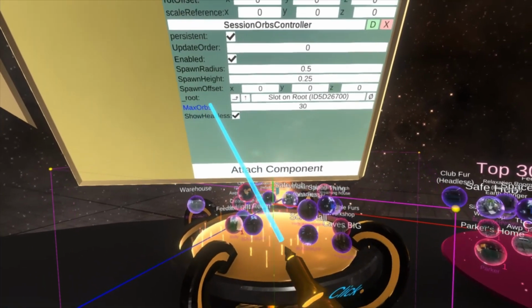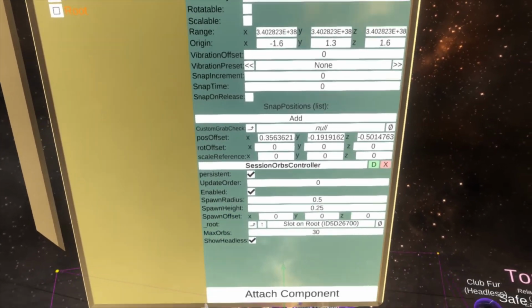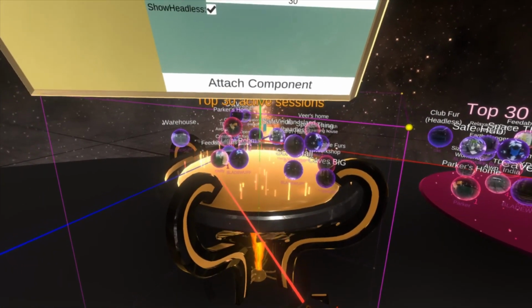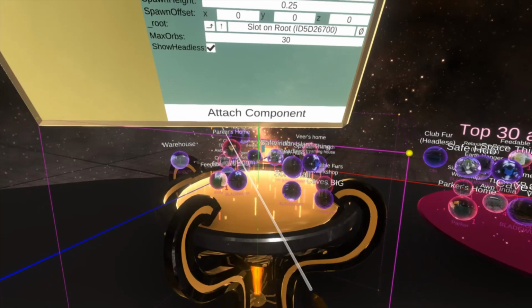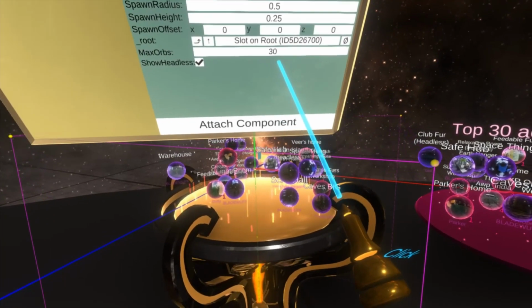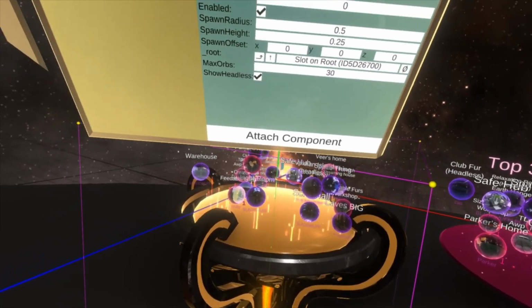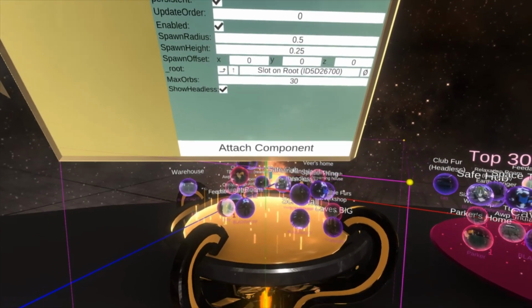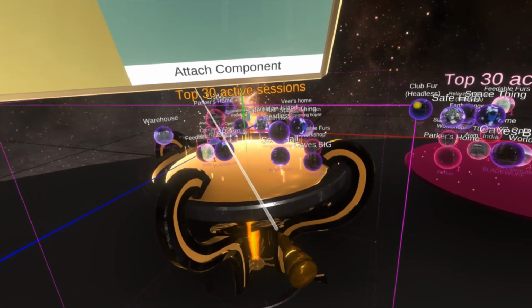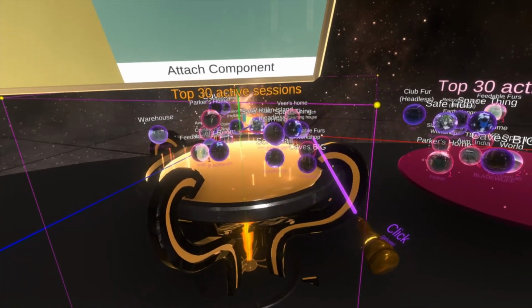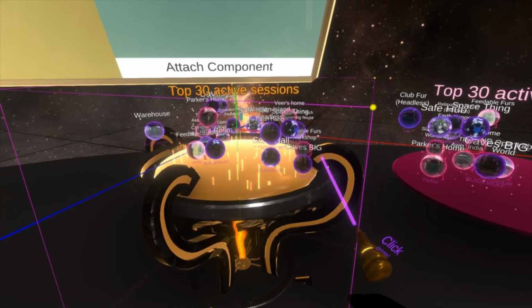You can also see here max orbs. Now max orbs controls how many are shown. People have asked how this scales, and the way it scales is by this number here. It defaults to 30. You could raise this if you want to have a crazy time, or you can lower this if you want to see a more focused view. It should show the top X number of sessions there. So if we were to enter, say, 5 here,